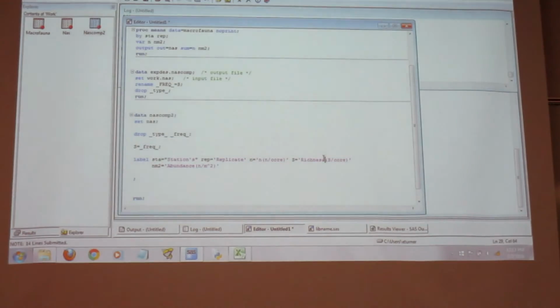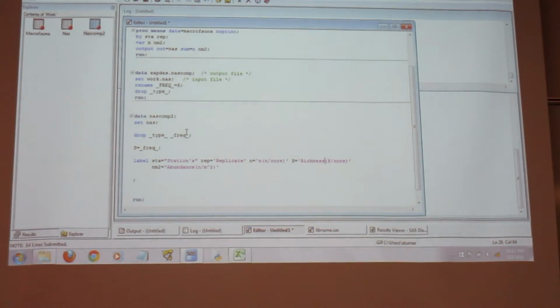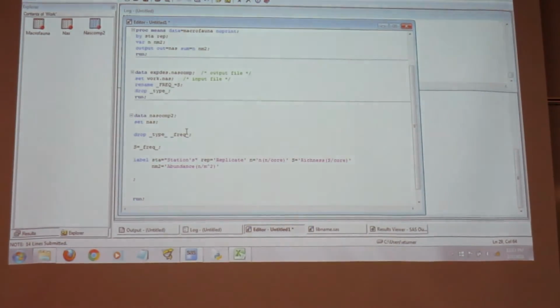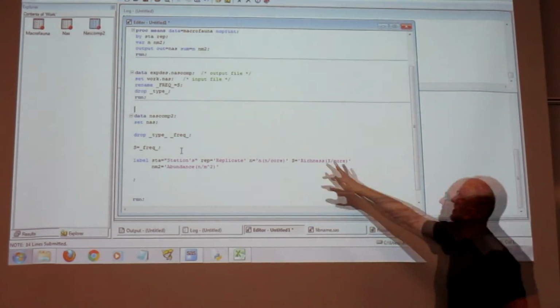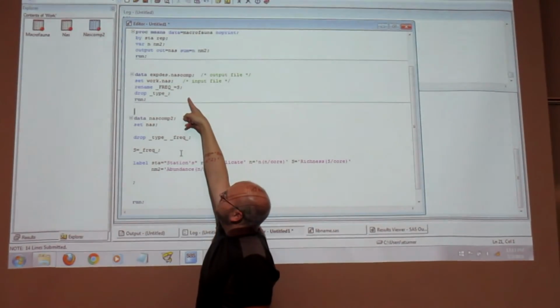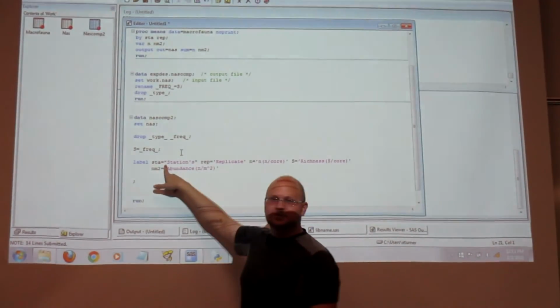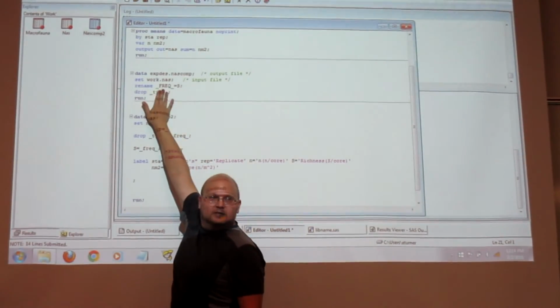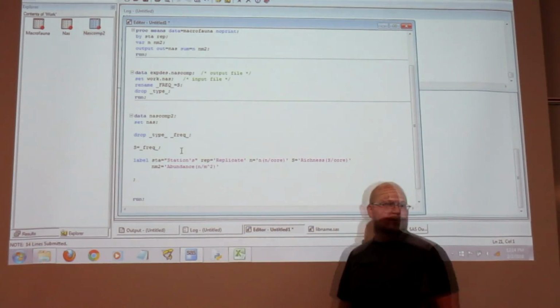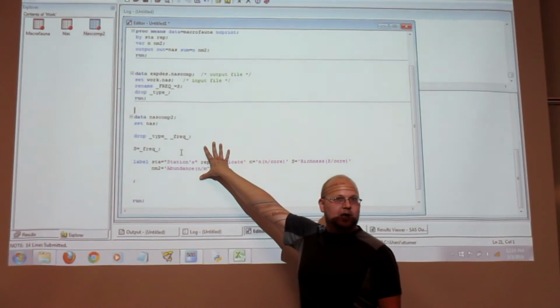And now what I want to do is, since this is our finished one again, I want to re-save this like we did previously to our folder, right? The folder that we had, which was this right here. Because now I know that what I wrote down here works. It does everything that I did up here, but also does the label statements I want, and everything's pretty. So I'm going to delete this data step that I played with at first, and this should be the good one, right?